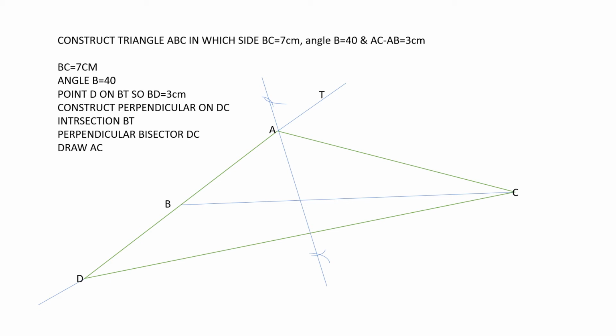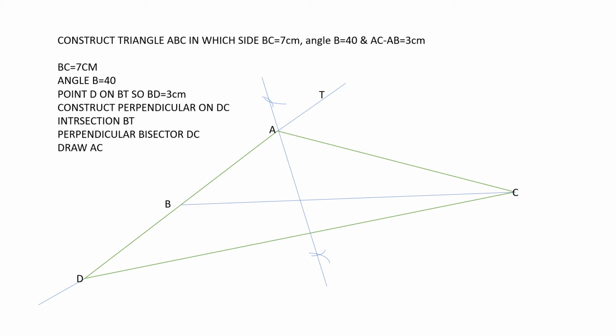Okay. And construct a perpendicular bisector of segment DC. How will you do that? From here, put your compass and make an arc, in the upper direction and lower direction. From the other end also take one arc, one arc will go like this, one arc will come like this. You will get the bisector points. Join both the parts with the help of a scale. You will get a point in your triangle. Okay, construct a perpendicular bisector on DC, right?